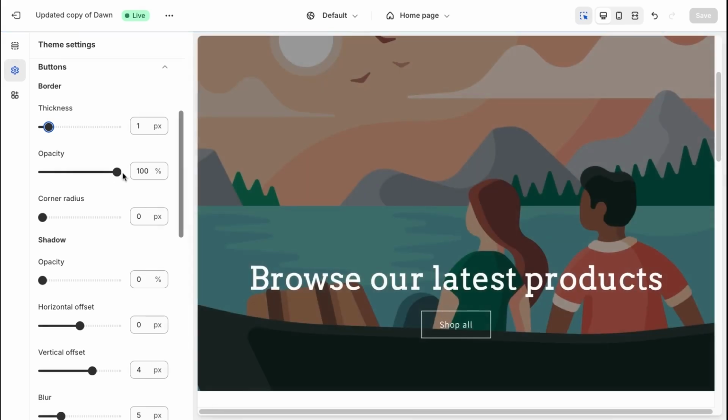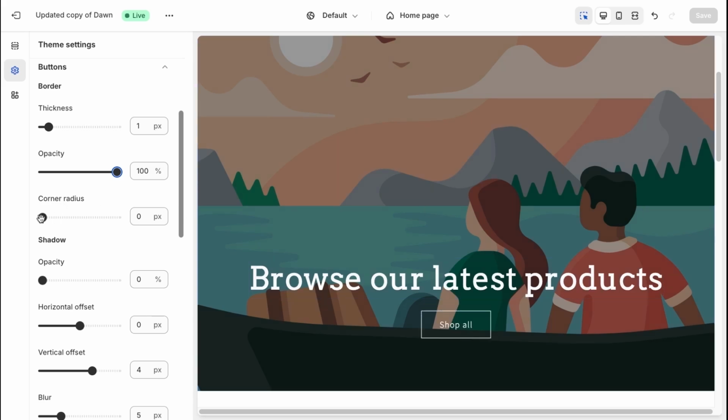For opacity, it's at 100% based on what you would like for the button to display as. It's able to be reduced in opacity, which you can see makes it harder to see and more transparent. We'll leave this at 100% as buttons are typically call to actions in which we want to have a customer engagement based on the section and how we have it laid out and what that section is trying to communicate